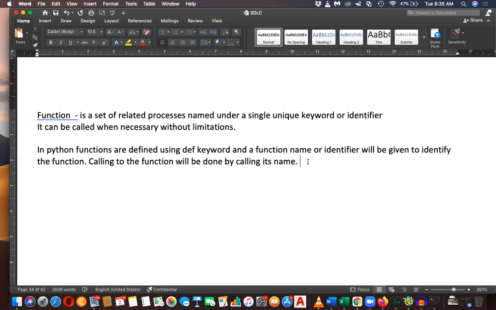Another important point about functions: inputs to the function will be given using variables called parameters.